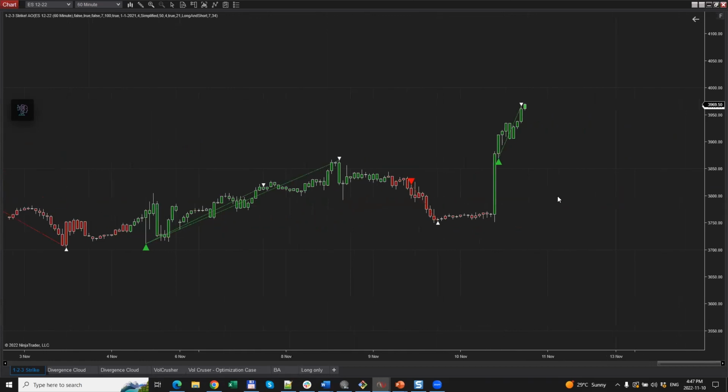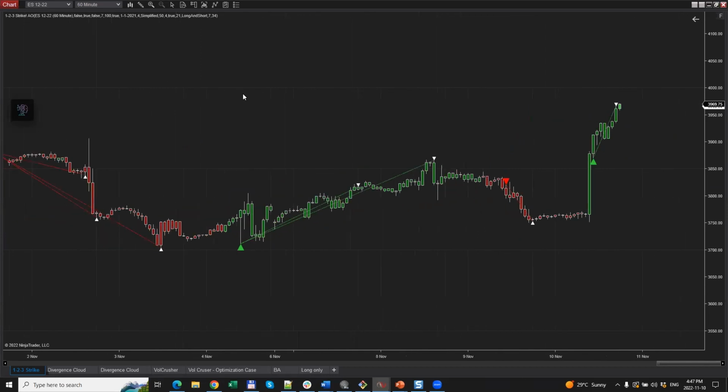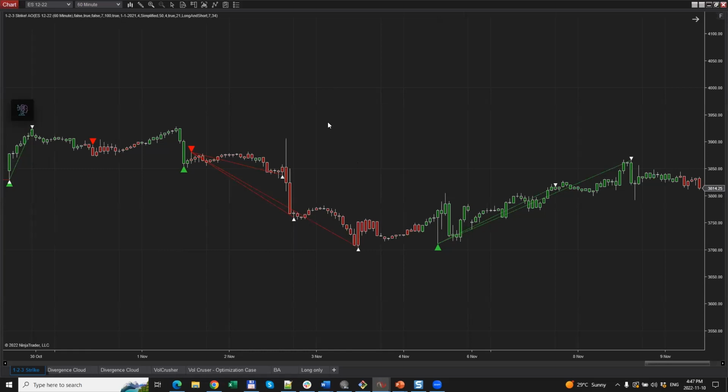And we can see here, for example, that even today, after the big move this morning, we had an entry signal to the long side, and we already booked some partial profits just an hour ago for the S&P E-mini futures. I should also mention that everything you see here, the appearance, the number of exits that should be taken, and so forth, can be customized by the users. So if you prefer to take maybe 4 or 5 or 6 partial exits, you can set the indicator accordingly with its parameters.